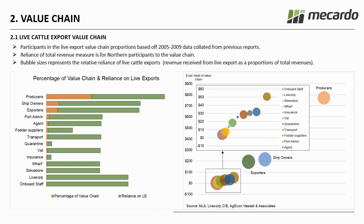However, when you look at what's reported by these participants as their reliance on live export, the situation changes. Now, it needs to be noted that the measure of reliance was taken from a survey of northern WA participants in the value chain. So the green part is just a northern specific focus of reliance. But what it does really show is that there's not many participants in the value chain, and in particular the lower level parts of the value chain that are taking that smaller slice of the overall cost. They are taking a small proportion, but their reliance in terms of how much revenue they receive is a